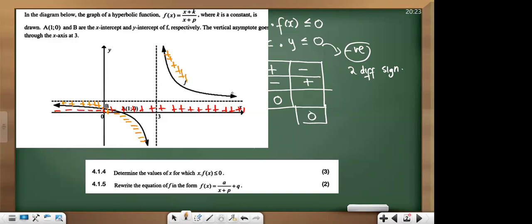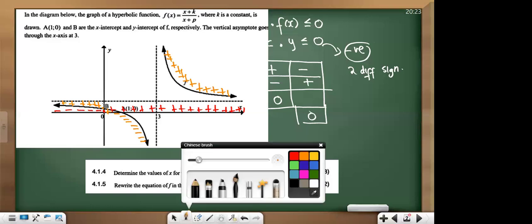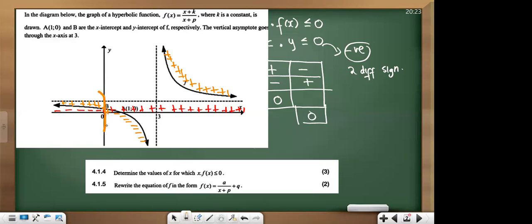I hope everybody is okay. So what am I looking at? I'm looking where both of them have two different signs, positive and negative. Can you see from 0 here, going this side? From 0 going this side, that's where they have different signs. And also,